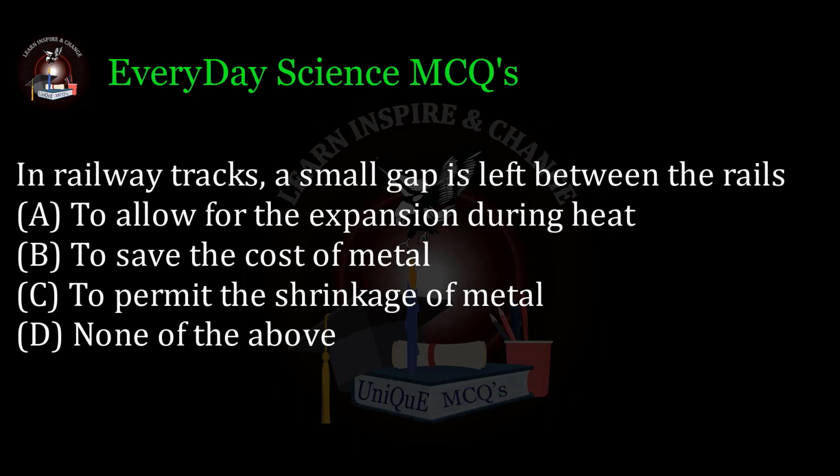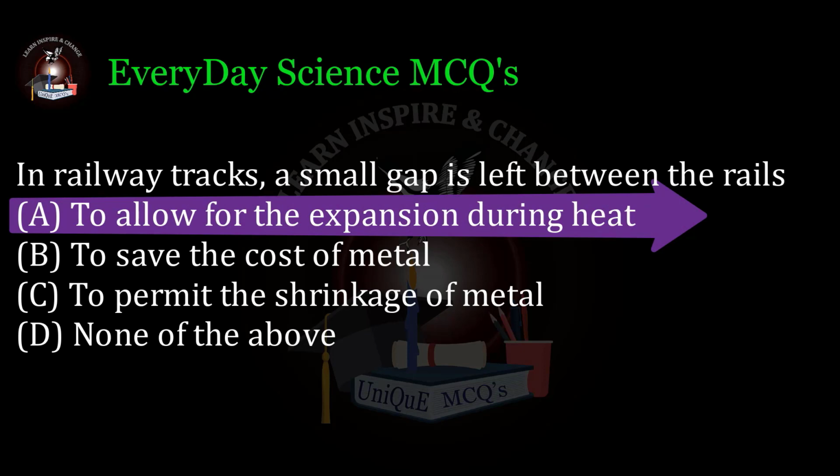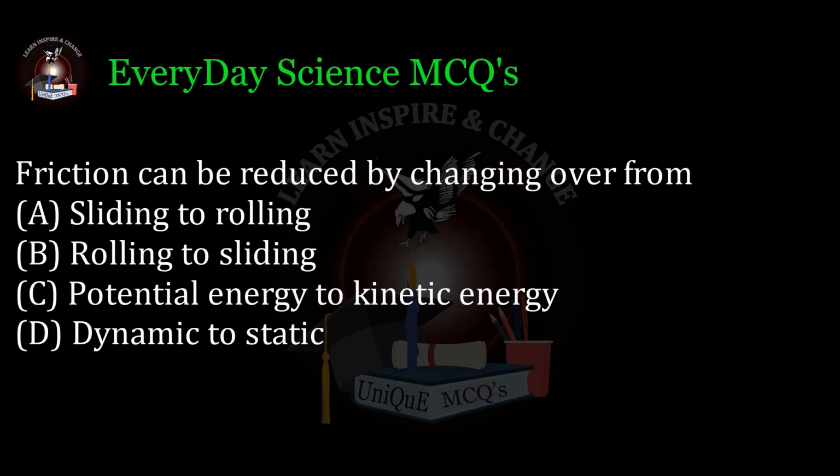A. To allow for the expansion during heat, B. To save the cost of metal, C. To permit the shrinkage of metal, D. None of the above. Correct answer A. Friction can be reduced by changing over from